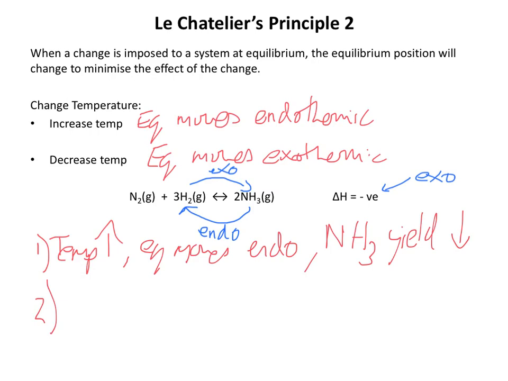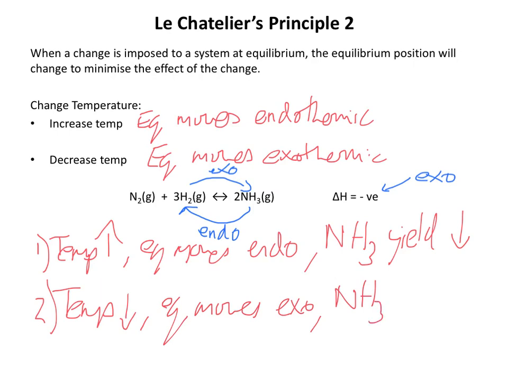Conversely, if we use the opposite example, if the temperature increases, that's clearly not the opposite, is it? If the temperature decreases, the equilibrium thinks, he's making it cold, I'll do the opposite, I'll warm it up. So the equilibrium position moves in the exothermic direction, so you make more ammonia. So EQ moves exo, so NH3 yield